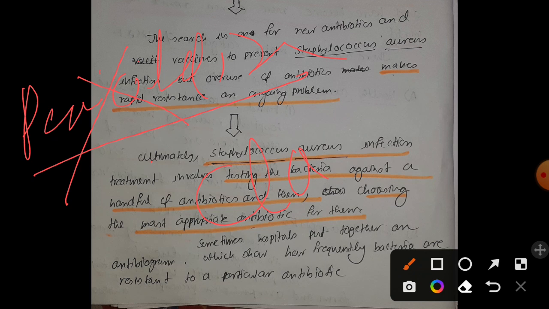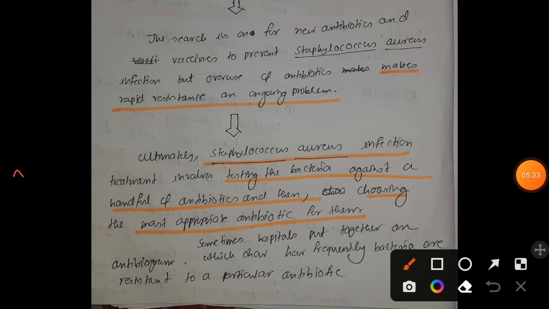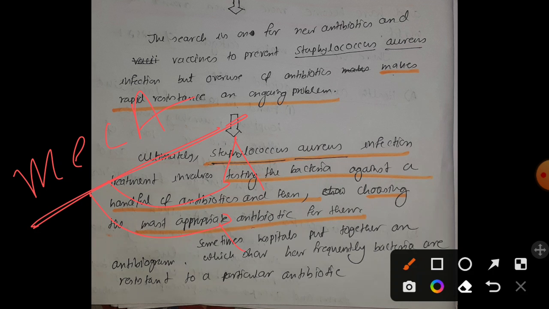Okay, so now when Staphylococcus aureus has developed resistance to penicillin, we have developed a new kind of antibiotic, that is methicillin. Okay, so now under such circumstances Staphylococcus aureus learned to express a new kind of gene known as MEK. Okay, this gene will lead to the production of a special type of protein known as modified penicillin binding protein, and as a result